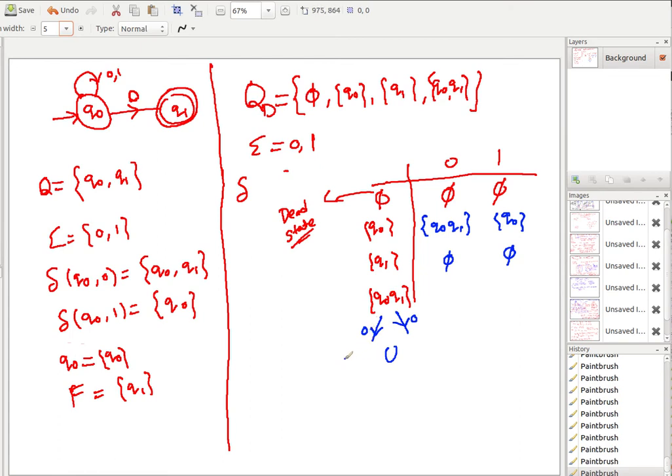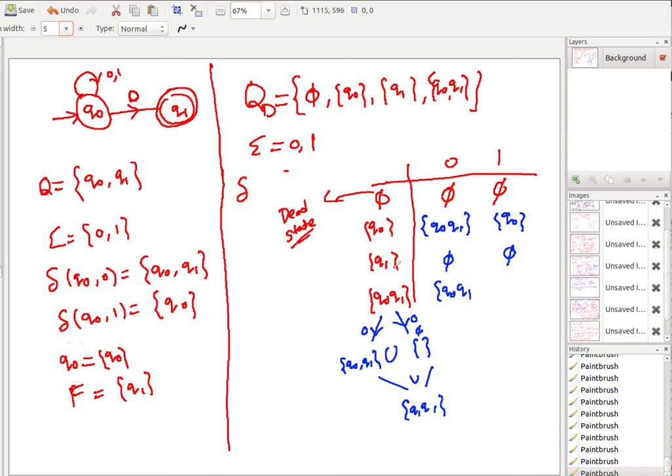Q0 at 0, I am going to Q0 Q1. Q1 at 0, where am I going? I am going to phi. Phi is an empty set, right? This is representing phi. So taking the union of Q0 Q1 and an empty set, when you take the union, it gives me Q0 Q1. Therefore I still get Q0 Q1 here,